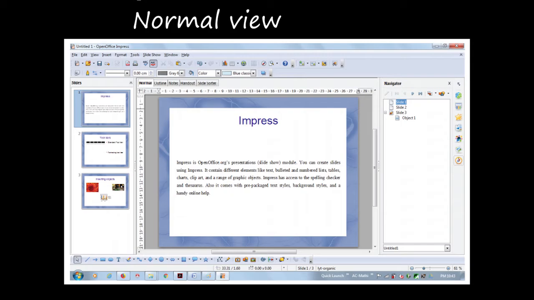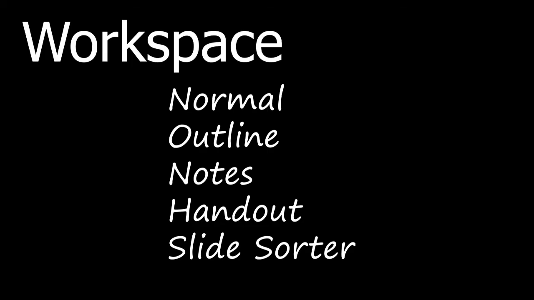The next one is outline view. Outline view will contain all the slides which are in that particular presentation, given in a numbered sequence. Only the text in each slide is shown there, and the slide names are not included. This outline view is for two purposes. The first one is making changes in the text of the slide. Here you can add some text if you want, or you can modify or delete the text in the slide, just as in the normal view.